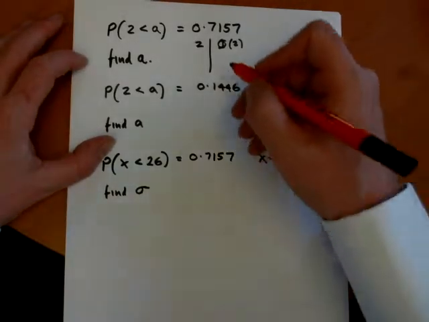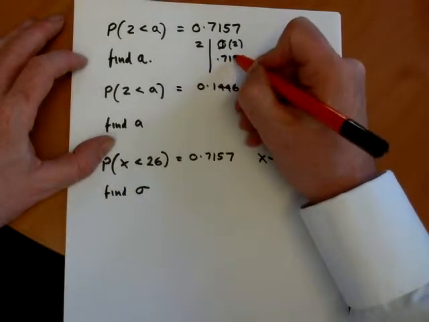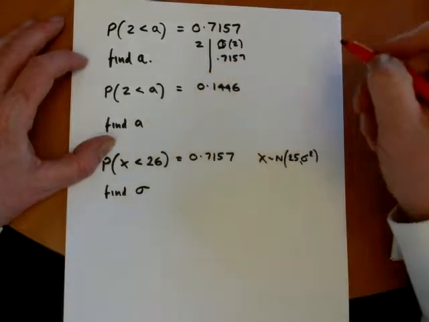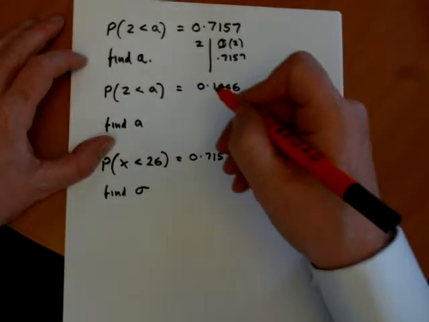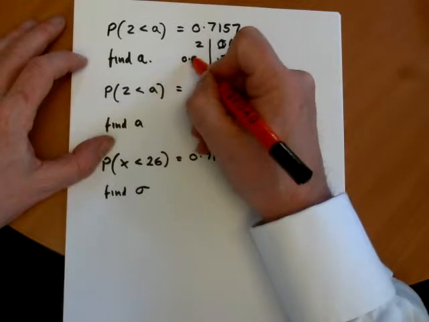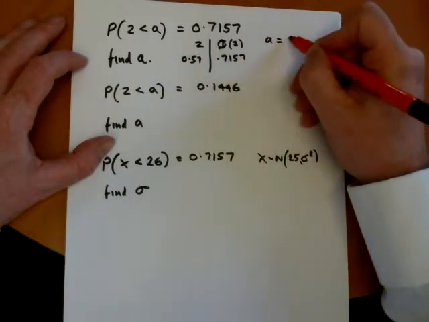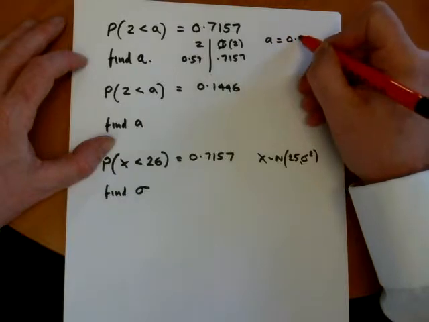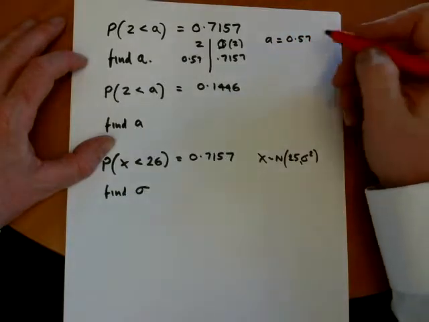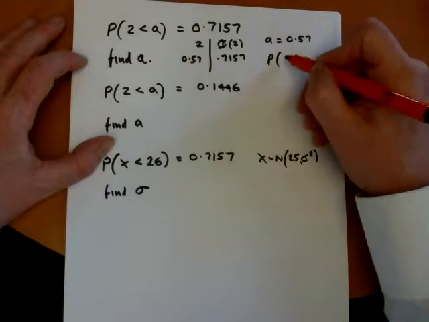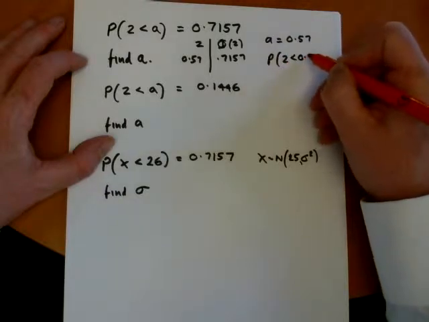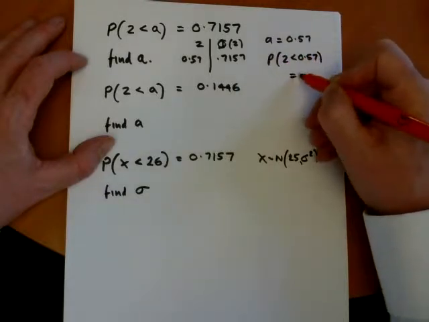If I do that, I will see 7157 on the right hand side, and to the left of that I'll see 0.57. So this means that the a value we're looking for is 0.57. That is not a probability, that is a value of z, and we now know that the probability that z is less than 0.57